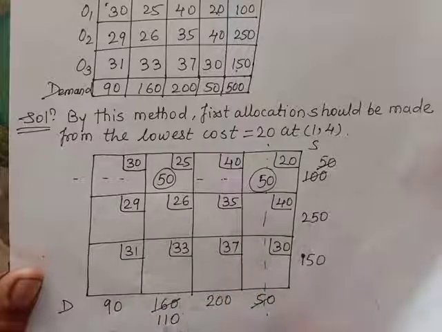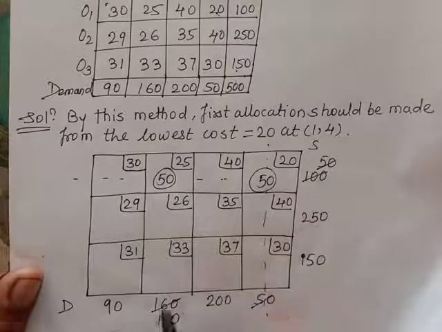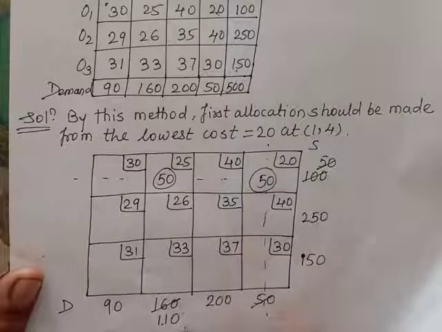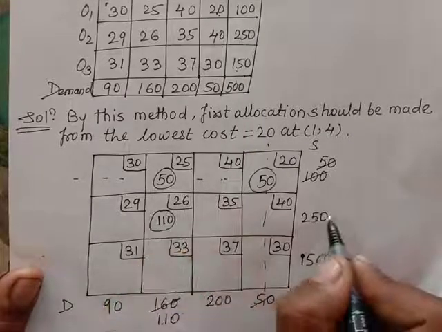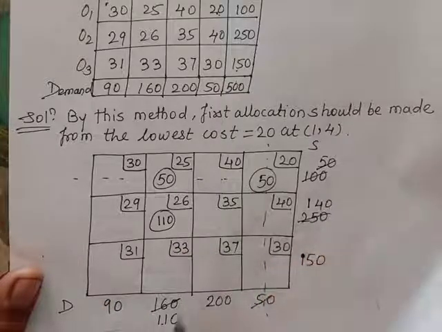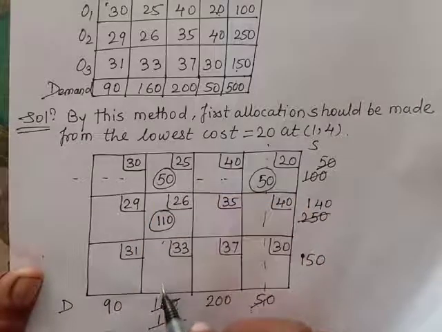It will be the minimum of these 2, at this position 2 2. So second row, second column. So we should look at the minimum of these, so it is what? 110. So I will do the allocation 110 here. Here how much is left? 140 will be left. Here this 110 gets satisfied. So due to that, this second column gets satisfied.